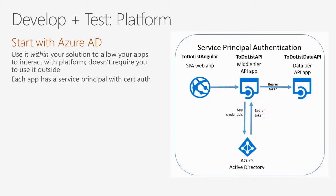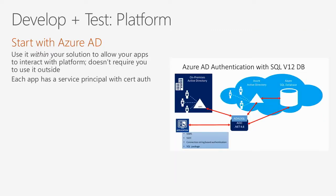It is woven through their entire online services platform. So when you take a bet on it, it's a good bet because it opens up other doors. And one of the doors that's really cool that it opens up is that you can actually connect to your Azure SQL database using these service principals that you develop, right? So if you kind of snap to a platform that Microsoft is betting on, it's going to open up doors